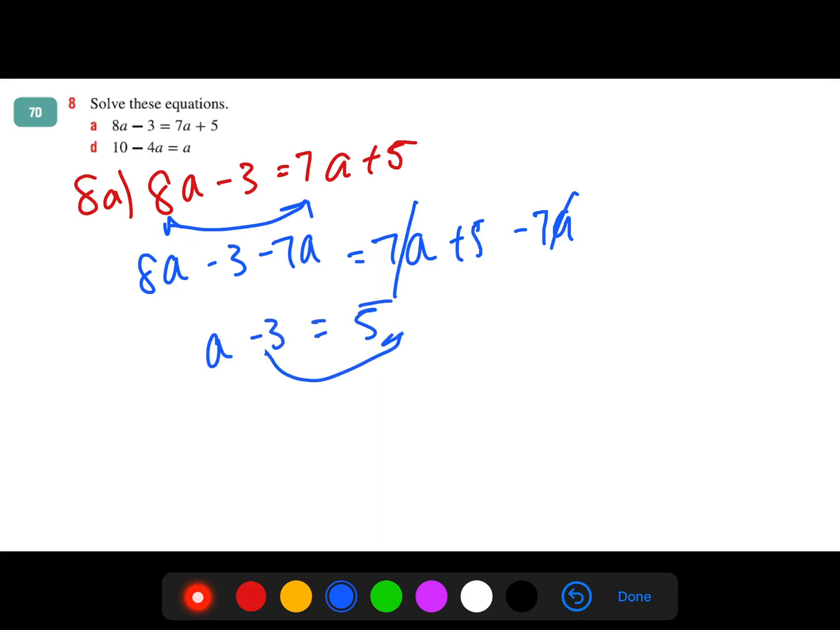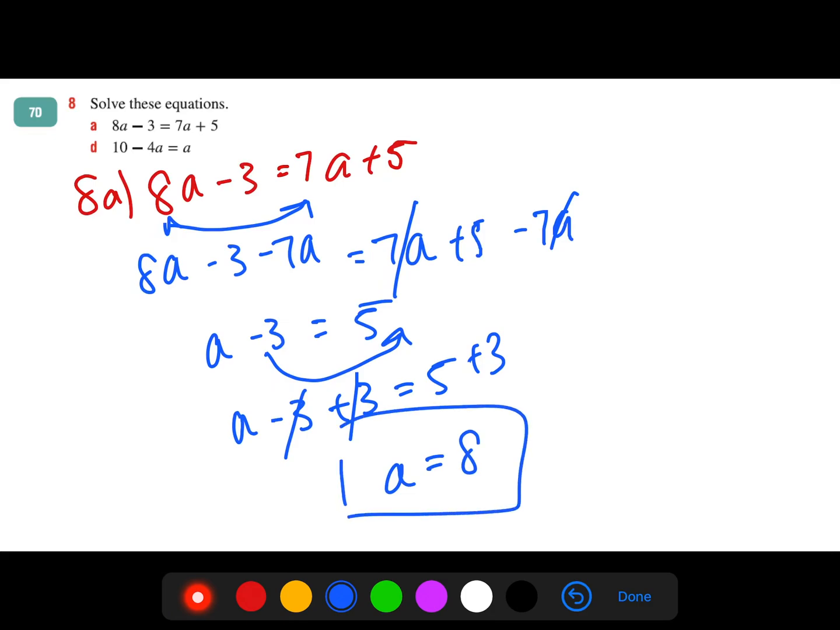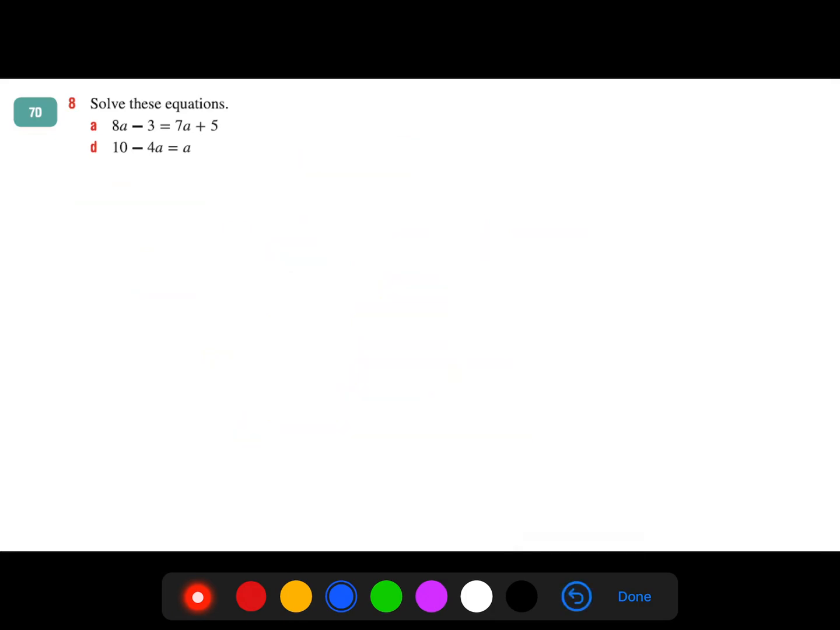So then I'm going to move the 3 across. I'm going to do A minus 3 plus 3 is equal to 5 plus 3. The 3s will cancel out. We'll be left with A is equal to 8. Yep, so this is for 8A. So I'm going to do